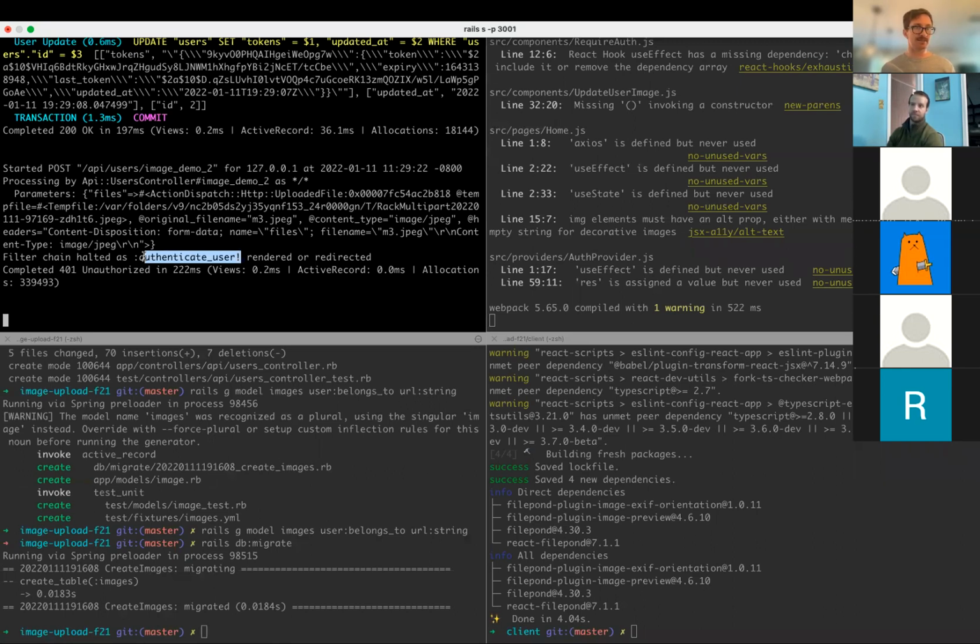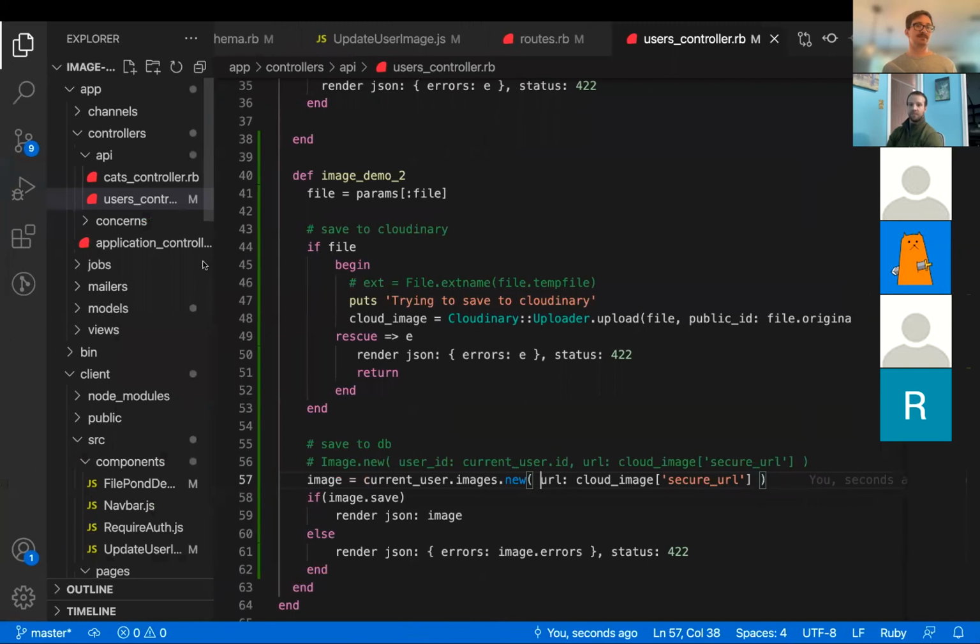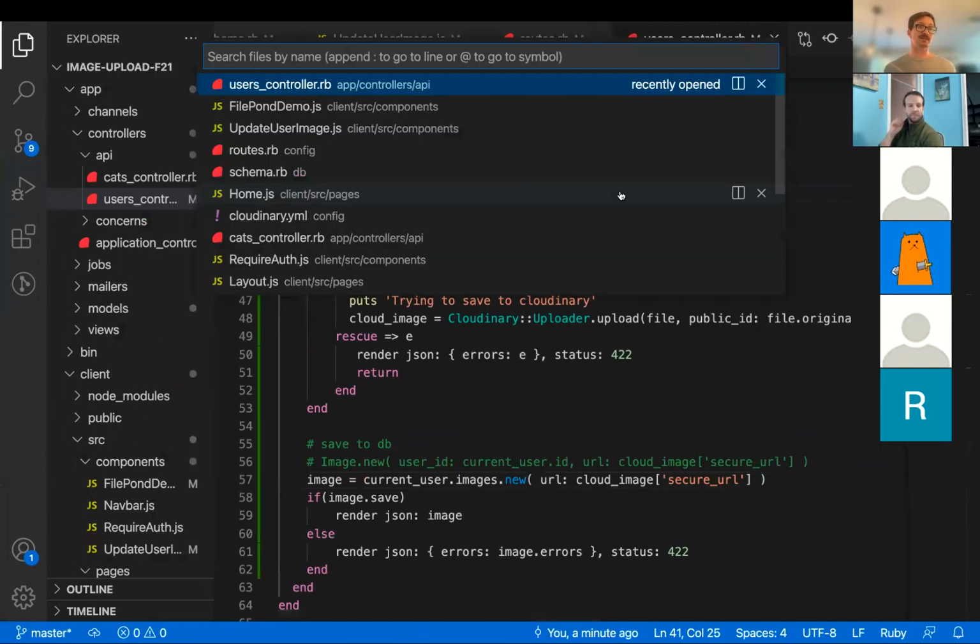All right, this one's a little more tricky. So it looks like it's not able to authenticate the user on this one, which makes sense. Because with my API calls, remember when we did authentication,